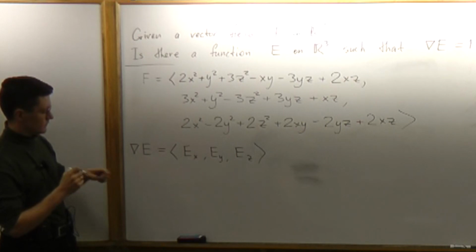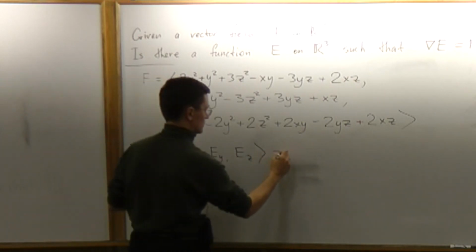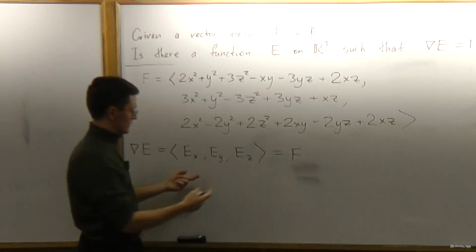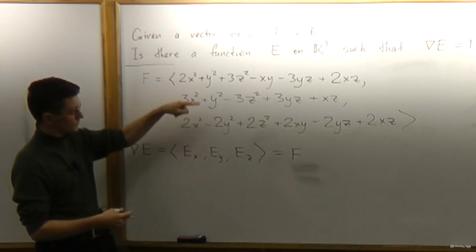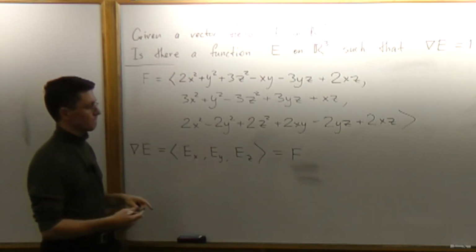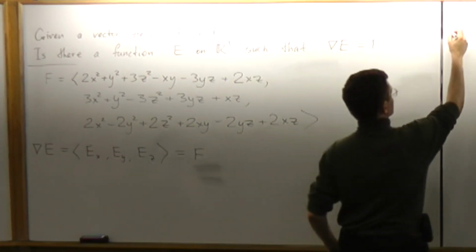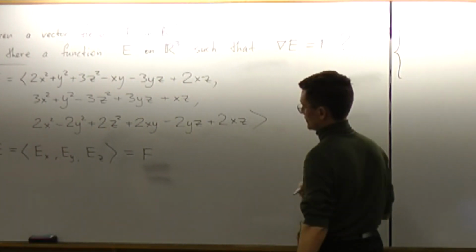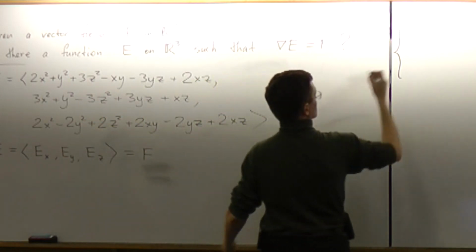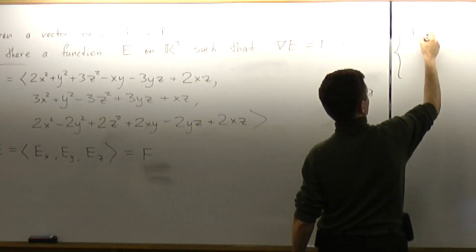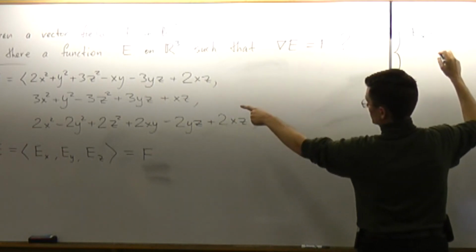And then this equals F means exactly that each component is equal to the corresponding component there. So as a result, we can write down a system. We're really talking about the system of three equations. The first is that E_x equals that first line,